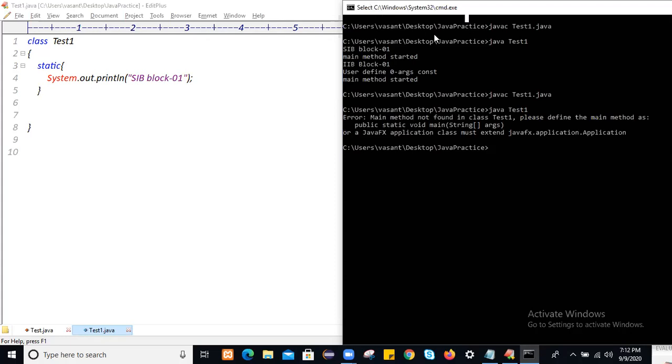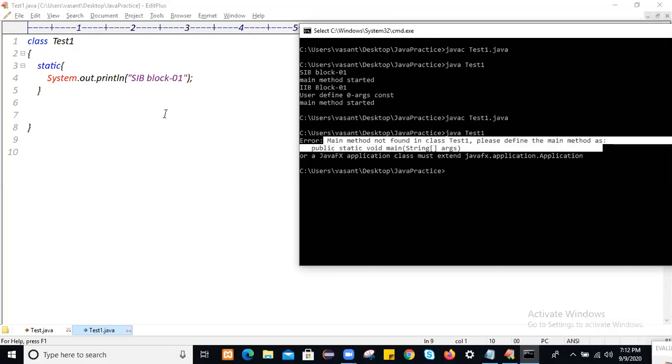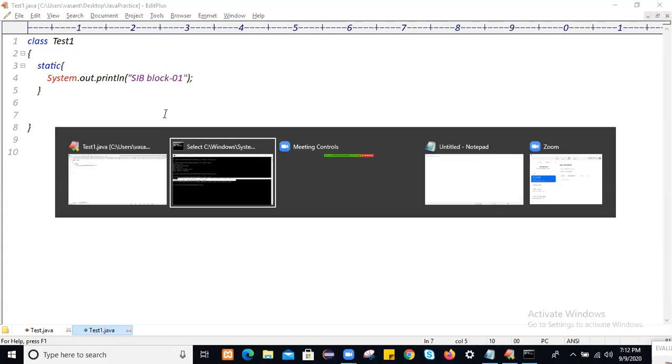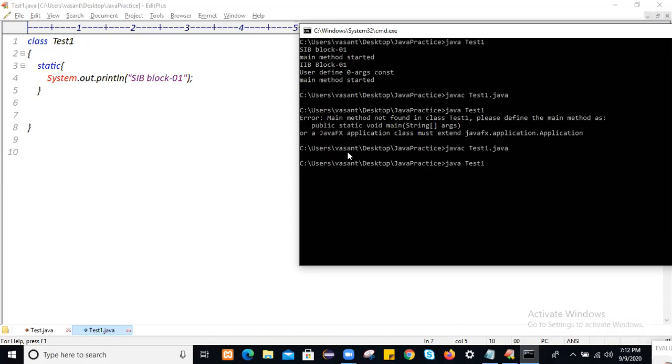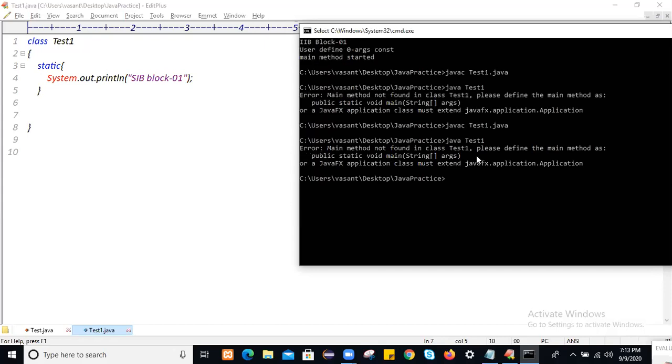This one: main method not found in class test1. Please define the main method as public static void. So let me save this, and once again I will run. It compiles and runs, and again it says error, main method not found.